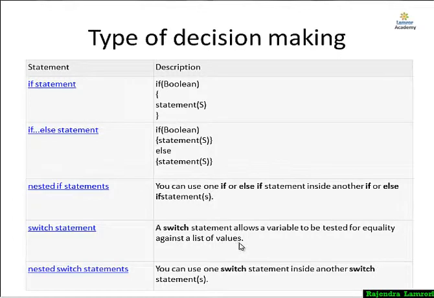So how does the switch statement work? Where we write if, here we write switch, and we pass an integer or character value. Then we write the cases, many cases. Whichever case matches, that part will run. At the end of the case we put the break keyword, because only one case will run and then control comes outside the case statement. If you do not put the break, then all the below cases will run. I will show you an example in the next tutorial of how to use the switch case statement. In a nested switch, once one switch is written, inside it we write another switch. If that case matches, in that case we also write another switch. So this we call a nested switch.